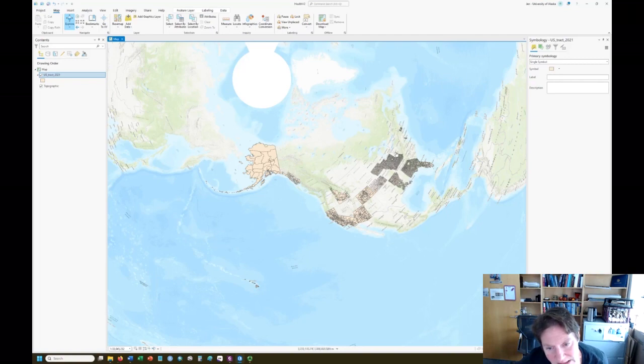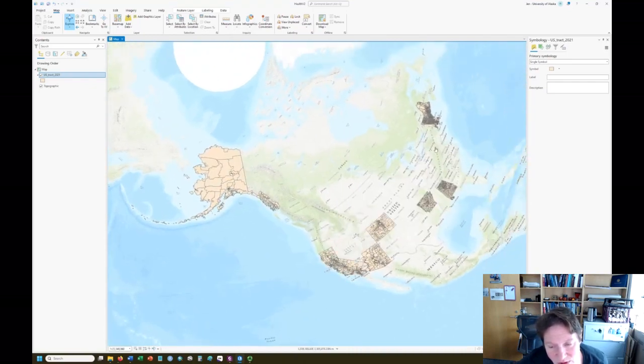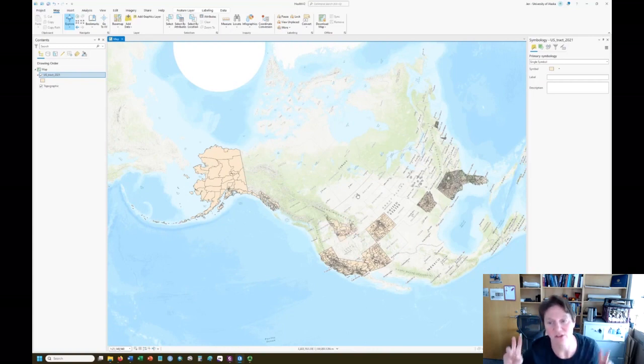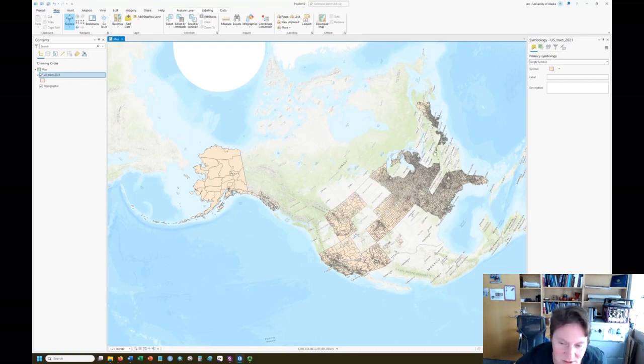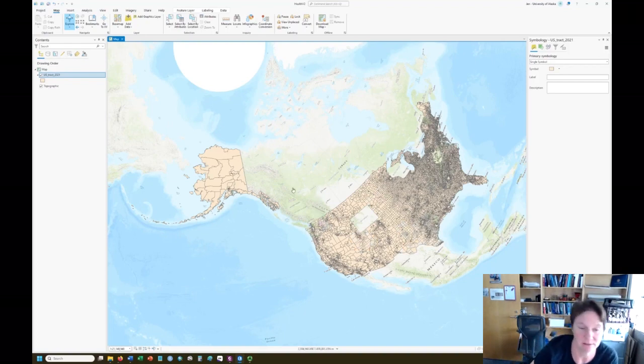But you'll see one of the reasons why a lot of these nationwide efforts don't really work is the counties over here on the East Coast are so much smaller than the counties here in Alaska. So funny sometimes the results you get. They're doing this at the neighborhood level. Maybe that might fit on the coast, but neighborhood is not really going to fit in Alaska,